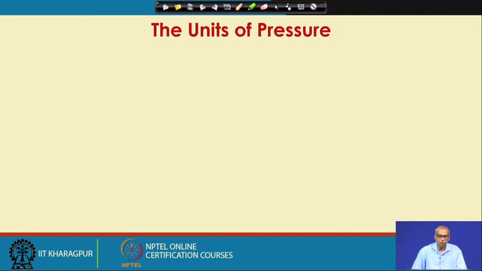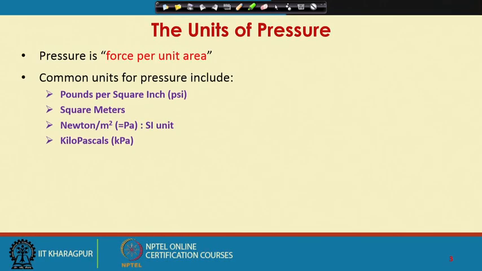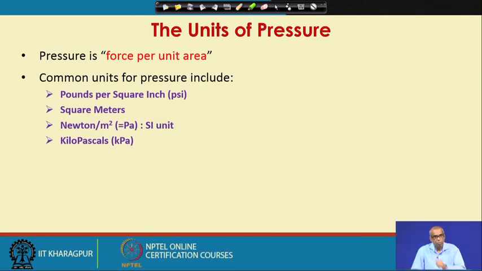So, before we start talking about pressure measuring instruments, let us be familiar with certain terms associated with them. We will be familiar first with various units of pressure, and we will also be familiar with various terminologies such as absolute pressure, gauge pressure, and so on and so forth. Pressure is nothing but force per unit area. Common units for pressure include